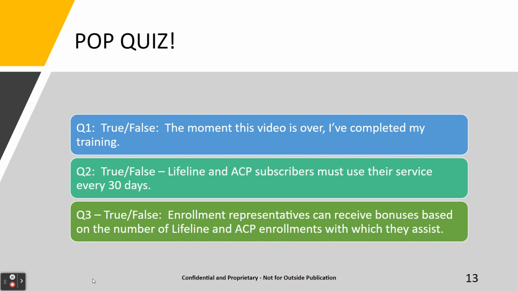Question 2, the answer is true. Remember to remind subscribers that they must do one of the following at least once in every 30-day period. Make an outgoing call or use cellular data. Send a text message. Purchase minutes or data to add to the subscriber service plan. Answer an incoming call. Calls from the subscriber service provider or the service provider's agent or representative do not count. Or respond to direct contact from AMBT to confirm the subscriber wants to continue receiving Lifeline and/or ACP service.